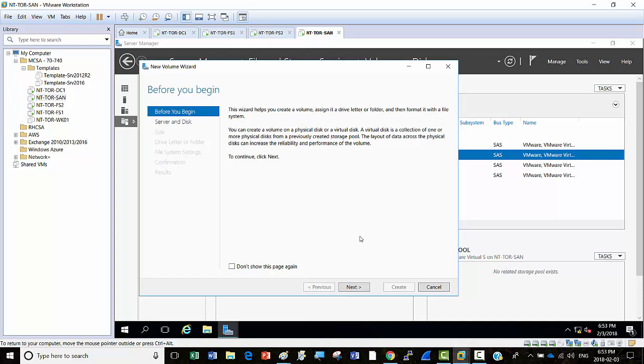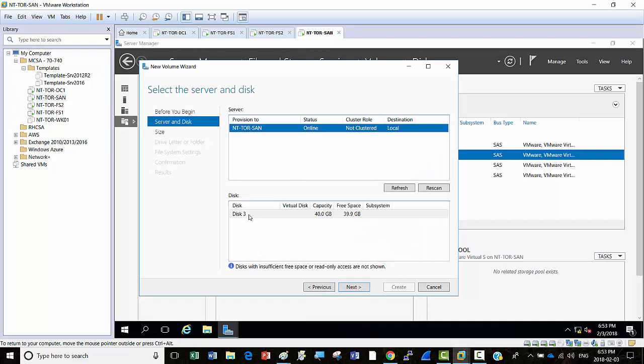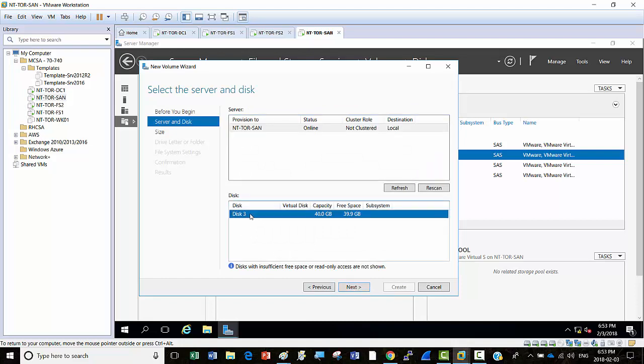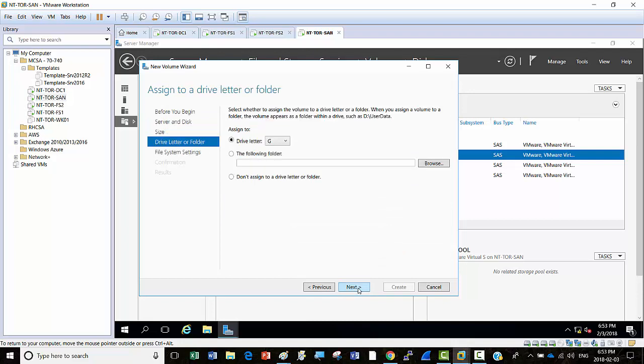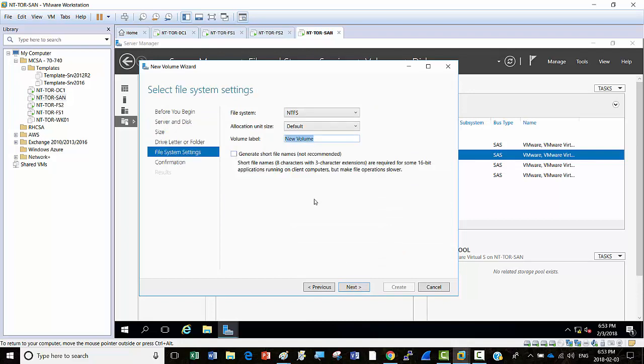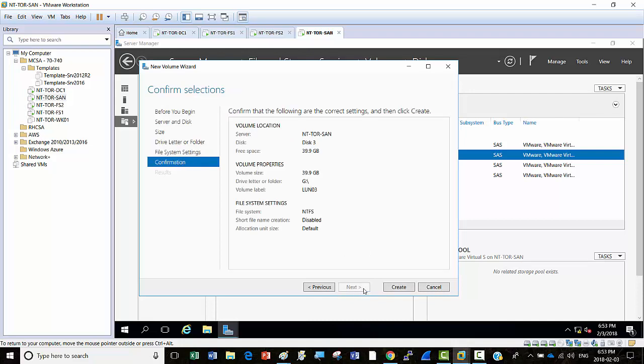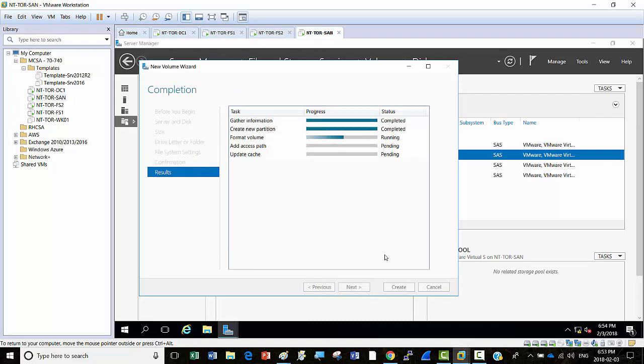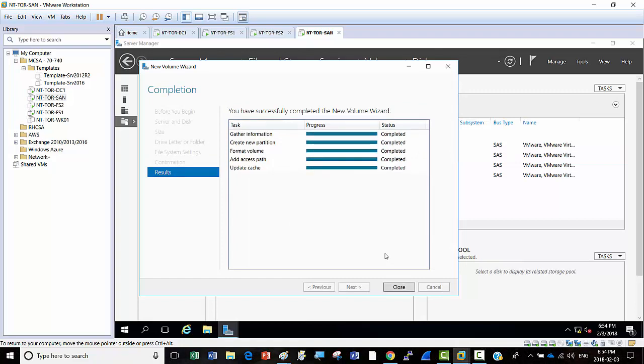Are you here? So do next, select the third disk remaining, so next, next, next, and then LUN03. So then next, and create. So click on close,